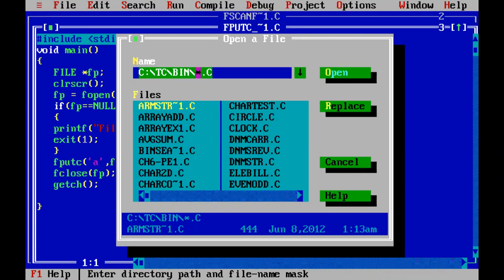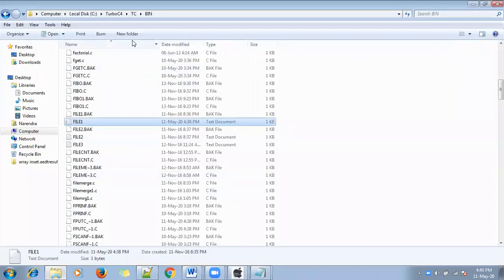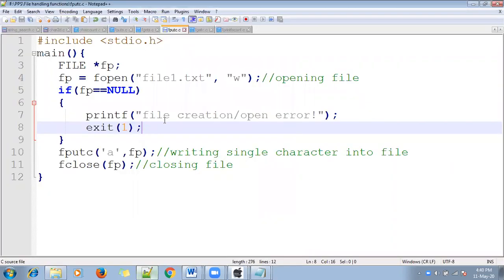That's why I am checking for that file in the directory c slash turbo c slash tc slash bin, because I have not mentioned any path here. By default the file will be created in the same directory, and this is the advantage of the fputc function.